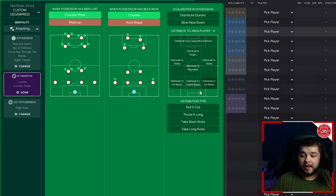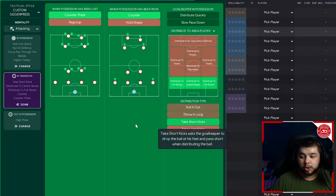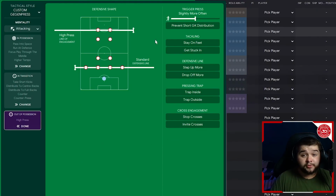Of course, we are also going to have distributing to the fullbacks and the centre-backs on while taking short goal kicks. A very safe way to play out from the back. Again, we're not too adamant on playing out from the back, but if we are going to, play it to those options there. And in terms of the out of possession tab, guys,